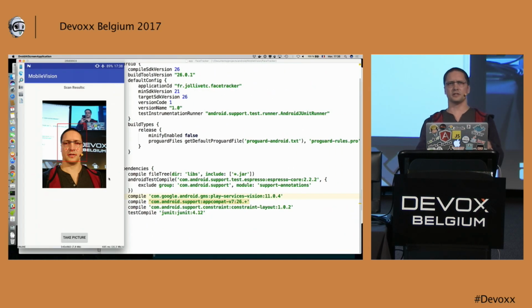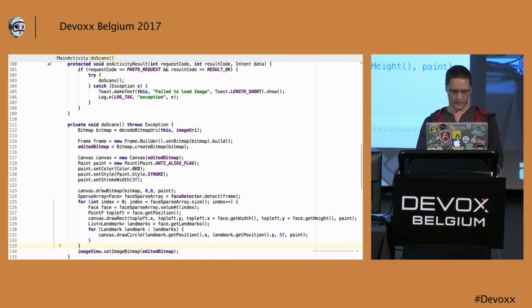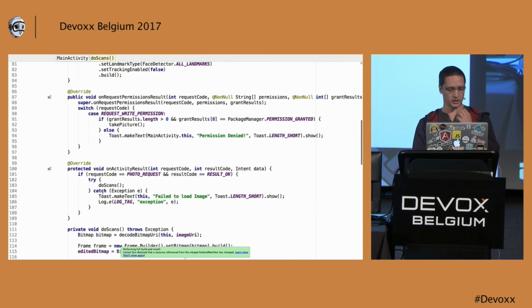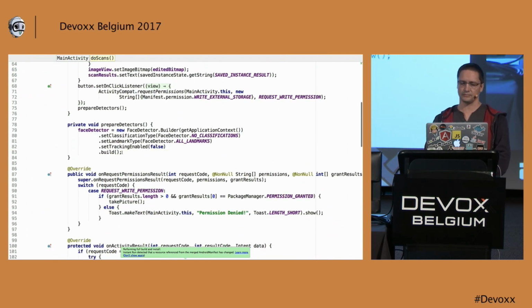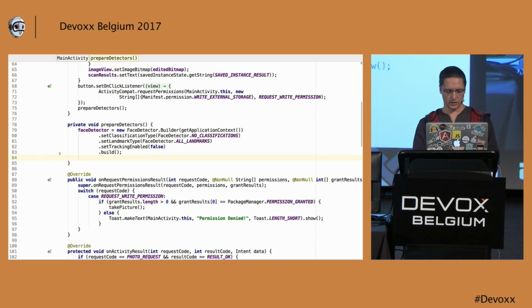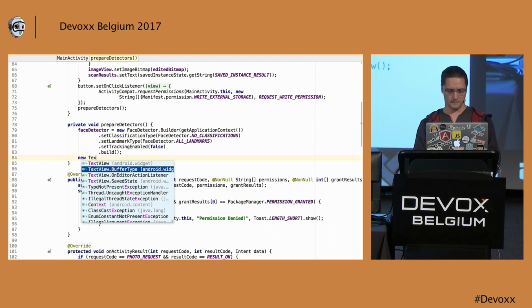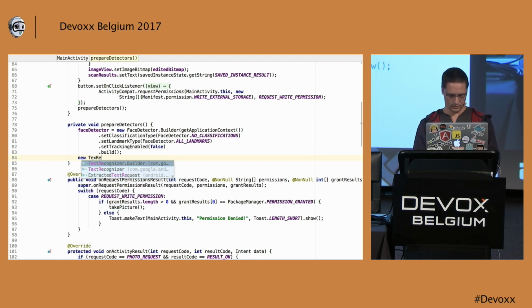So next, what we will do is some text recognition. So for text recognition, we will need to prepare another detector. Text recognition is done with a TextRecognizer.Builder, which needs an application context.